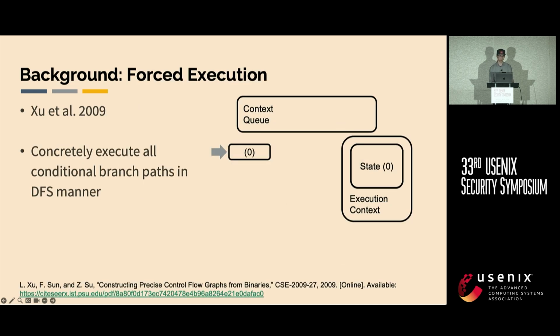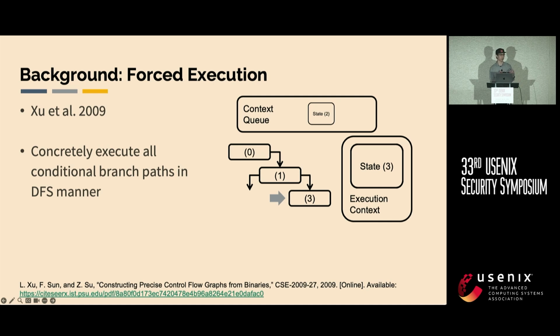So we took an approach based on forced execution, which is a fairly old technique introduced by Xu, Sun, and Su in 2009. It's fairly straightforward. The idea is to concretely execute all conditional branch paths in a DFS manner. So for an example, if we start at some entry basic block 0, you just concretely execute, and as you encounter blocks, you add them to the CFG. When you hit some conditional branch, you take the path that you were going to take anyways, add that block,